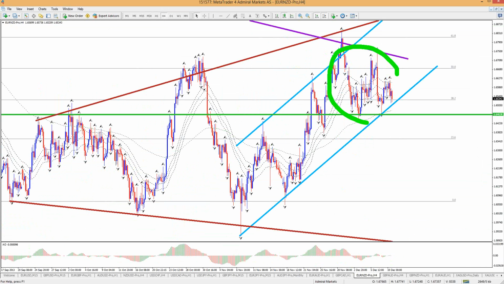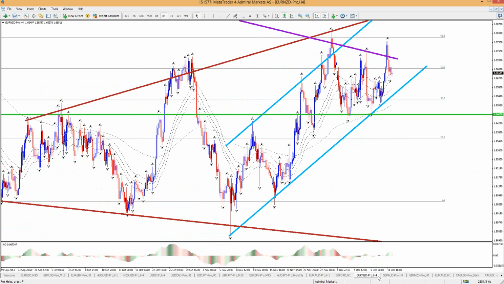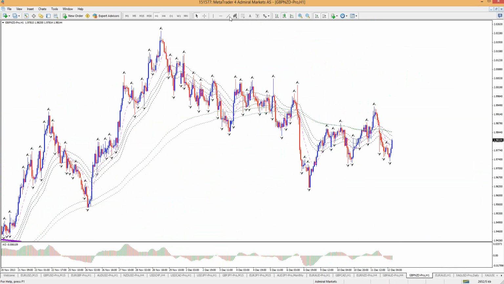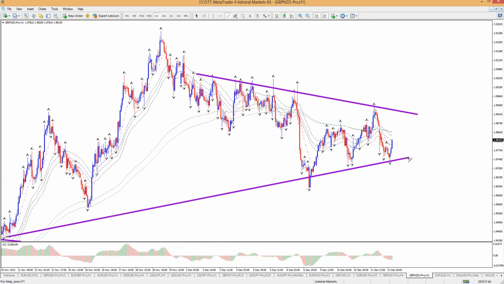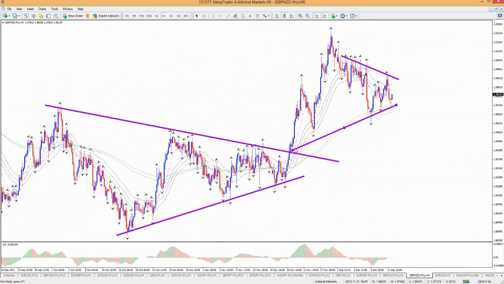Euro New Zealand is still stuck in a range here, so nothing really new there. Pound New Zealand, maybe a triangle. Let's take a look. Could be a triangle,